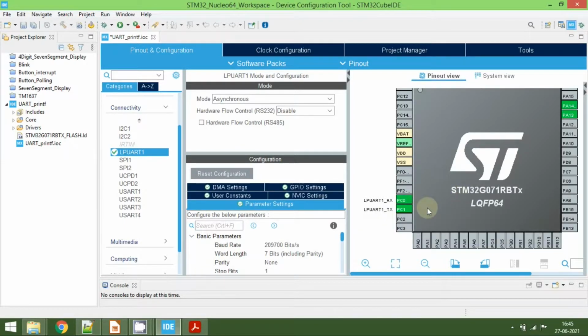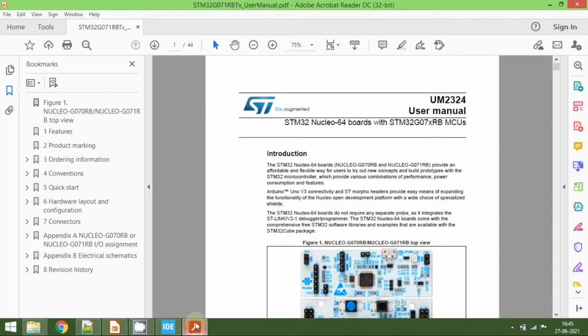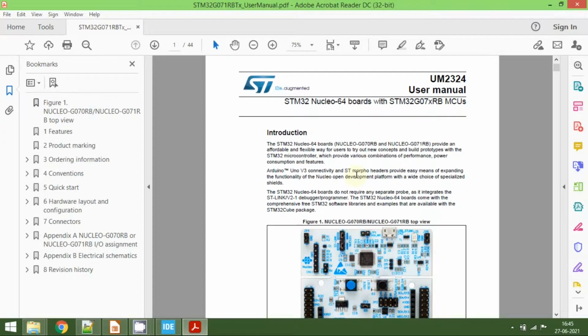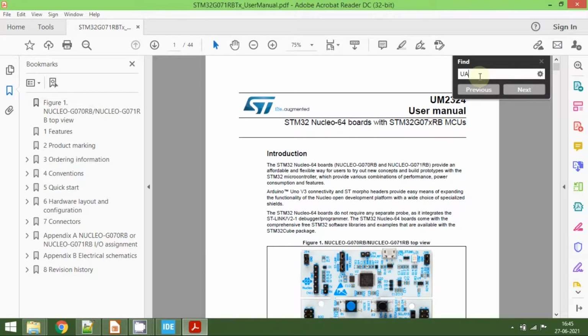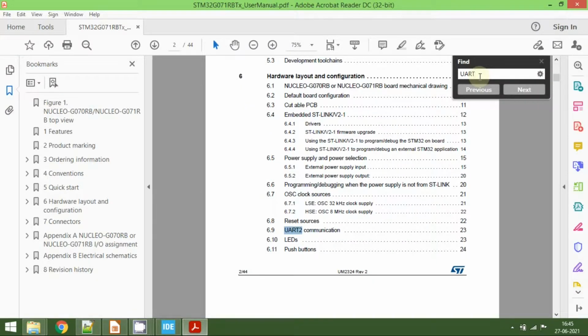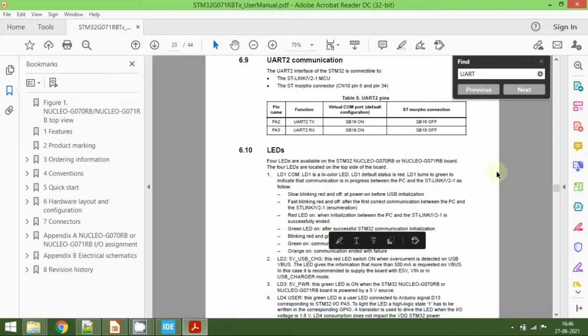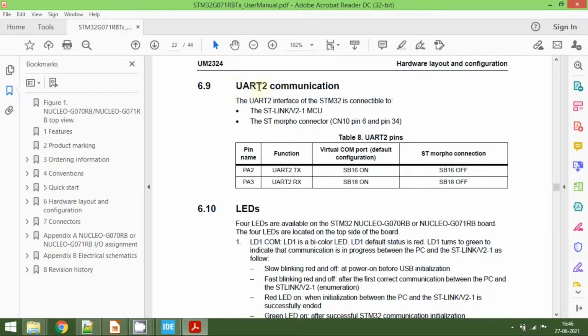To know which pins are routed through the ST-Link V2 on the Nucleo board or from the Discovery board, we need to go to the user manual and see what are the pins that are routed through the ST-Link V2. Here I have opened my Nucleo board user manual and here I am going to search for the UART. So here it is. Now we can see here UART2 communication.